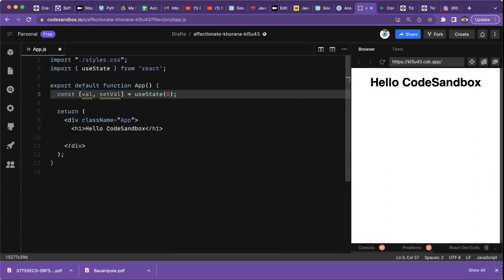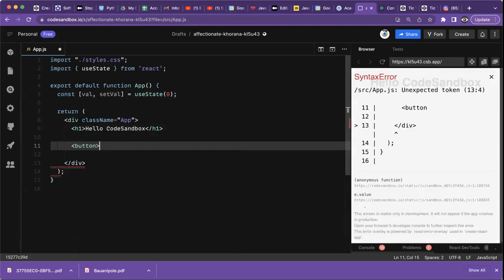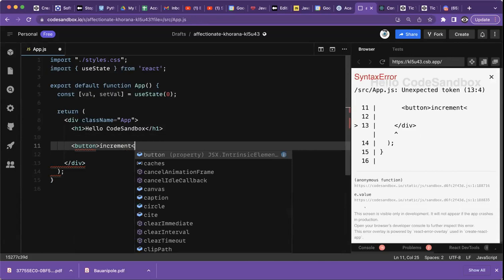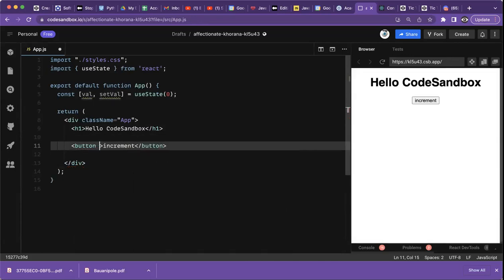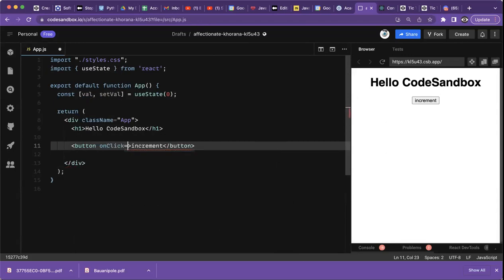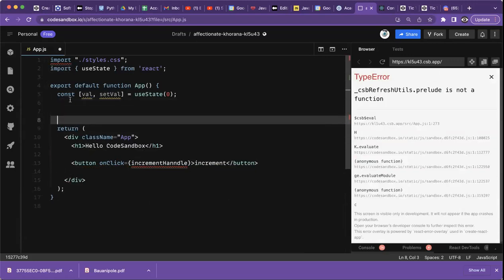What I wanted to do is, if a button changes, because I need some action that changes its value, I'm going to use a button, increment or something like that. Then I have an onClick here equal to incrementHandle. And then here I can write that handle,